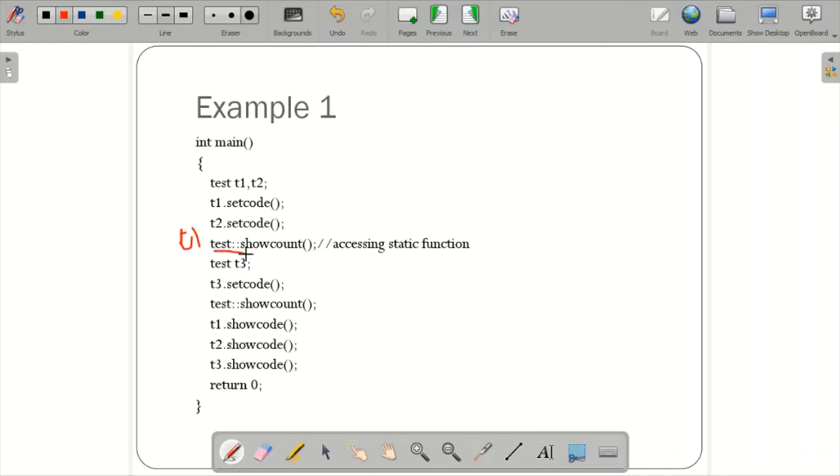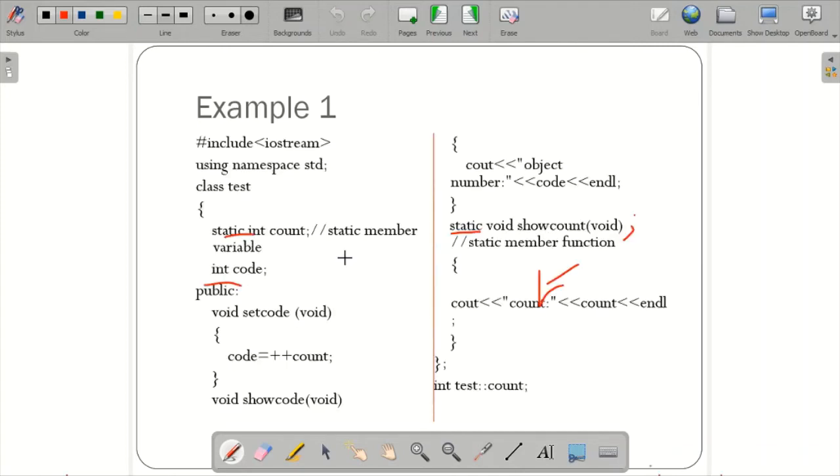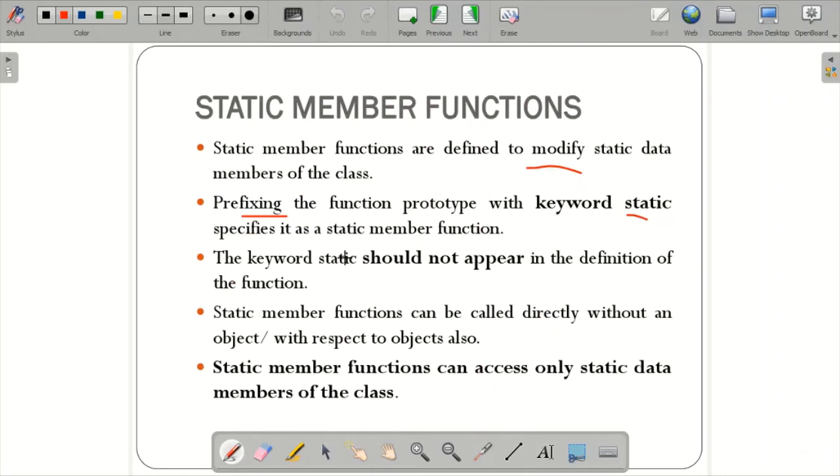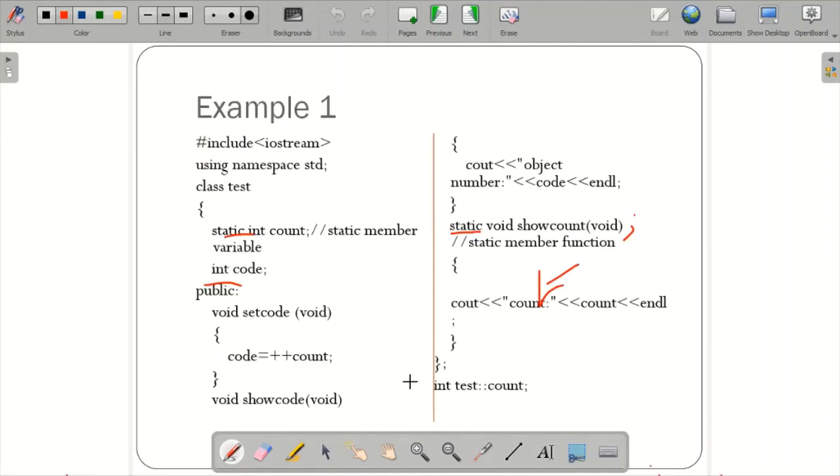If not, there is one more syntax to access the static function: class name, scope resolution operator and static function name. So you can call it directly without an object or with respect to an object. And a static member function can access only static data members of the class, not the non-static members. That means this function can use only the count variable but it cannot use the code variable.